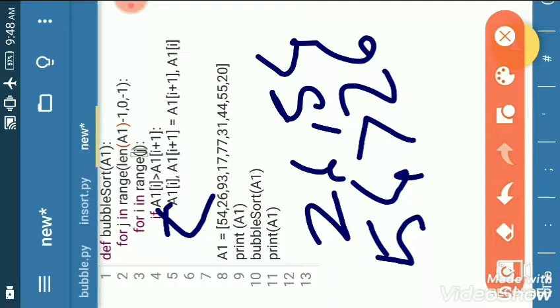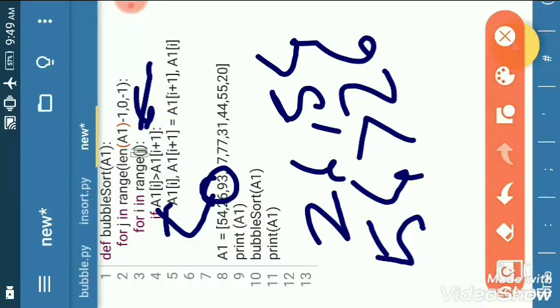Then it again goes to the for loop, and this time the value of i is increased. Then it checks a[i], which means 93 and 26, to see which one is greater.